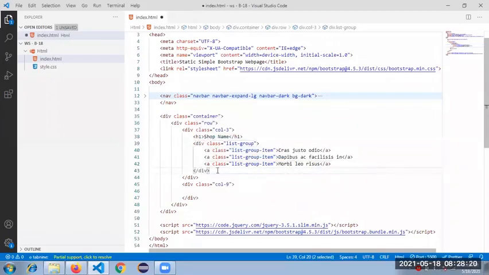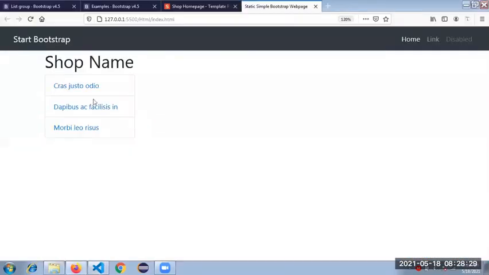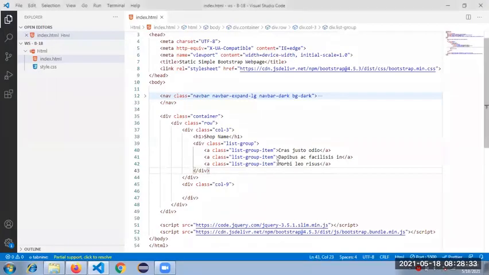So inside the div we have three items. Yeah, we are getting it, right?